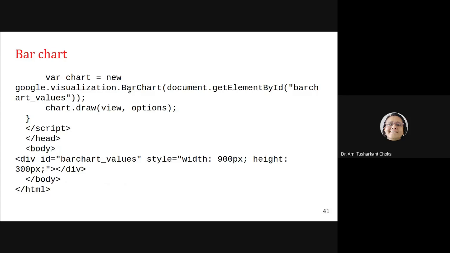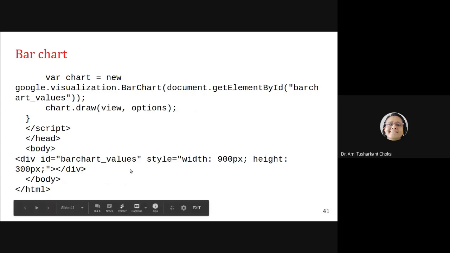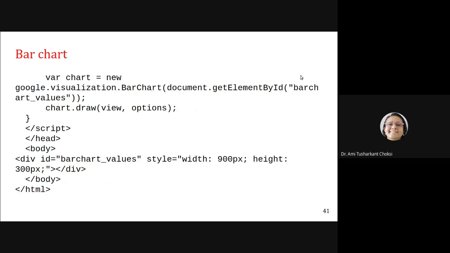So what we are doing with this bar chart is that we want to have the visualization using bar chart, and document.getElementById. This is what we were doing before also, right? Whatever we specify in the div in the body part, whatever is the id, the same thing we have to specify here. Fine.